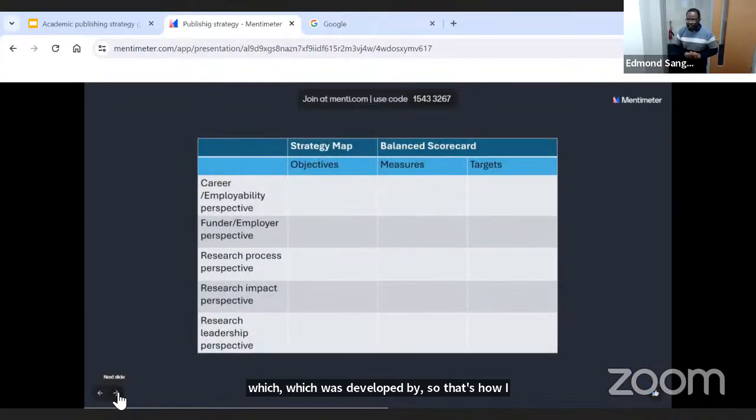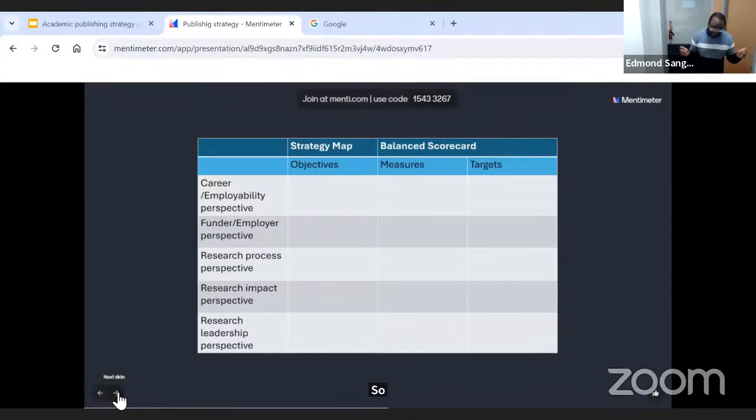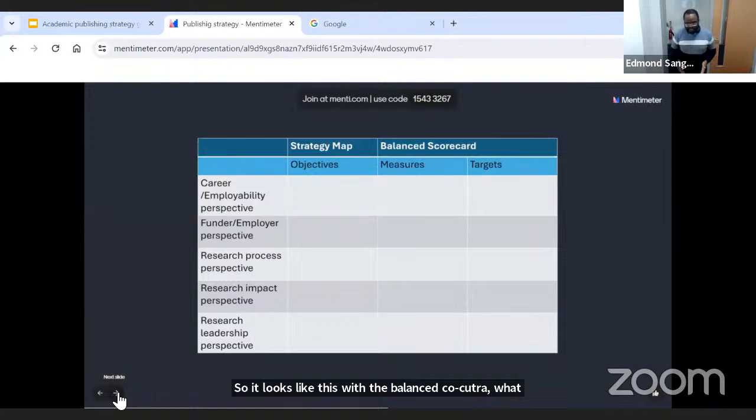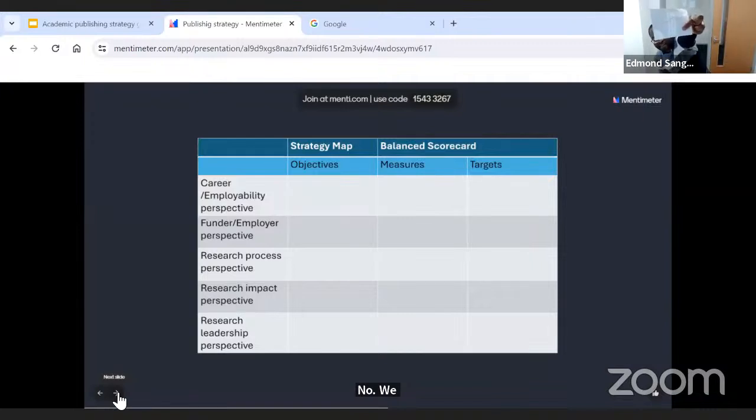It looks like this. With the balanced scorecard, what you need to understand is we need first to have a strategy map, right? Remember when I asked you at the beginning for that activity to develop a map? You expected to draw something like this, right? However, you ended up drawing something like this. This is what you were expecting, but this is what you drew when you were blindfolded. Now, we want to take the blinders off so that we come up with something like this. That's the strategy map. So how do we do it?